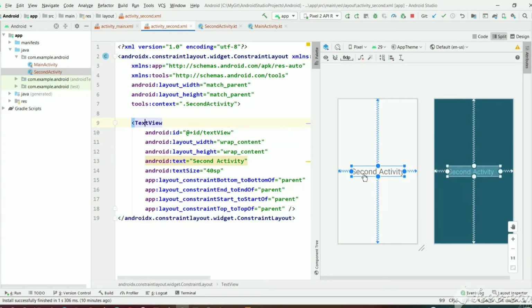Here we have a text view and its ID is text view. Let's rename it to result text view or result text. And in Android text, this is the second activity text view. We will replace this second activity with the result.